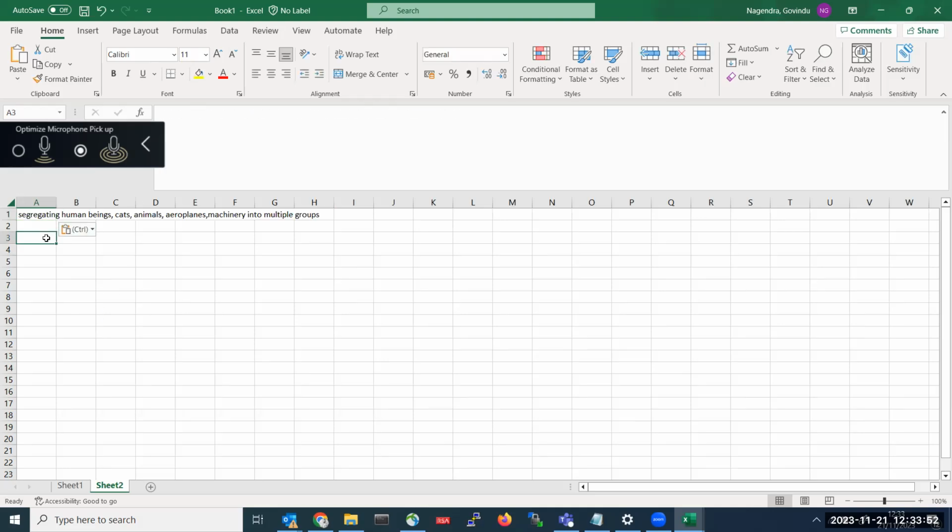Here my data will be like this: image 1, image 2, image 3, image 4, image 5. Like this, you will be getting thousands and lakhs of images. Simply, you will be getting images as input data.